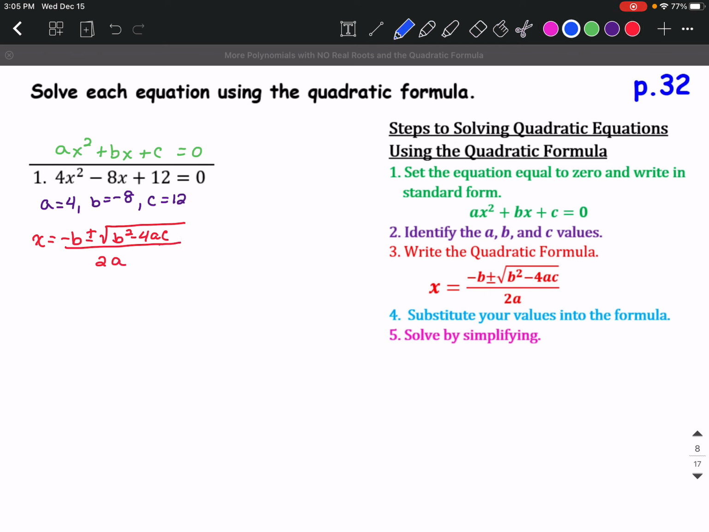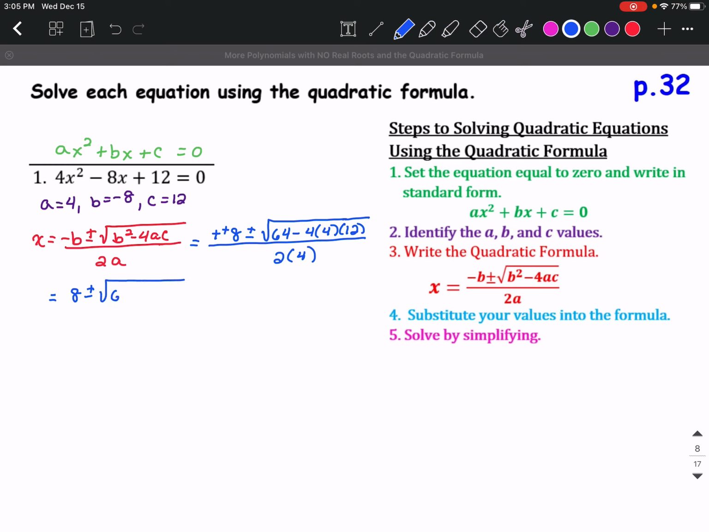And we're going to make our substitutions. So negative b is a negative negative 8, which becomes positive 8, plus or minus the square root of b squared is negative 8 squared, which is 64, minus 4 times a is 4 times c is 12, extend that, all over 2 times a is 4, and that's going to give us 8 plus or minus the square root